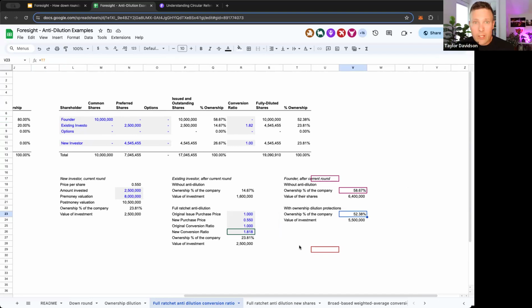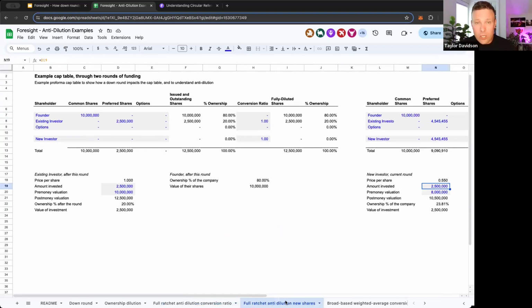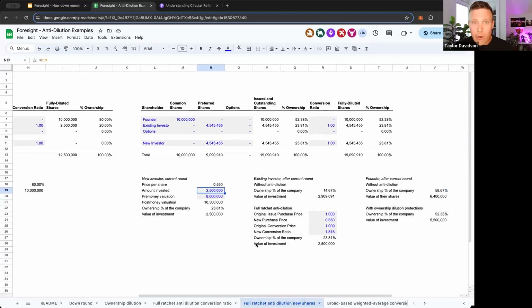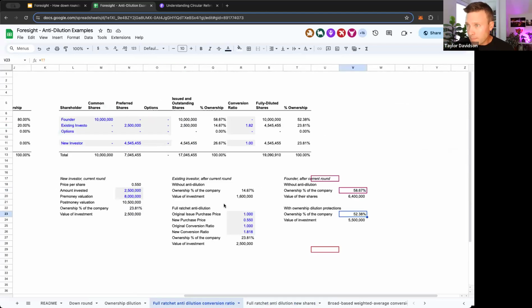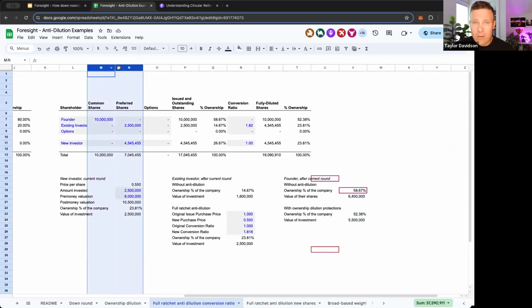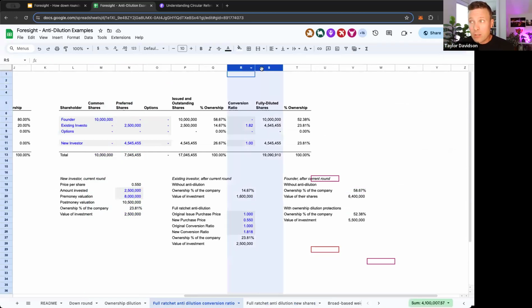Now, this is an example of how to do it by adjusting the conversion ratio. You could do the exact same thing if you're issuing new shares instead. Exact same structure works. Exact same formula works. We're still doing the same thing to figure out the conversion ratio. The only difference is that we're just issuing new shares. So instead of before, where the issued and outstanding share counts didn't change, but we adjusted the conversion ratio,